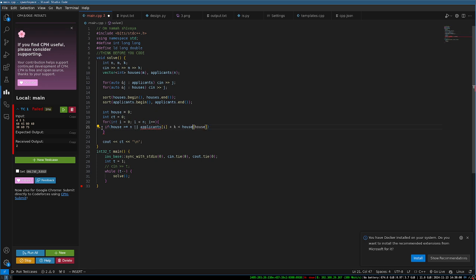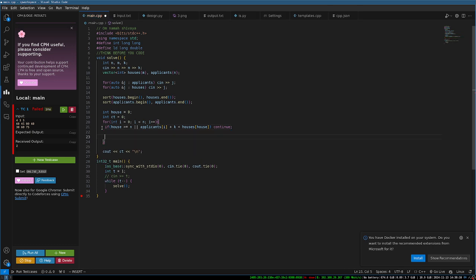In both these cases, we need to call a continue. Now if that is not the case, then we will increment house